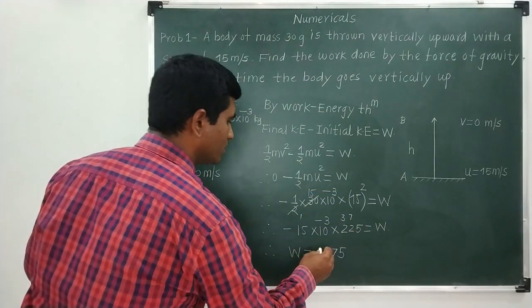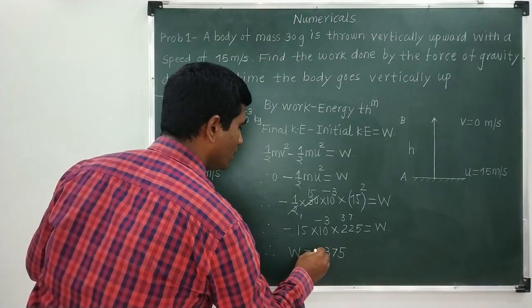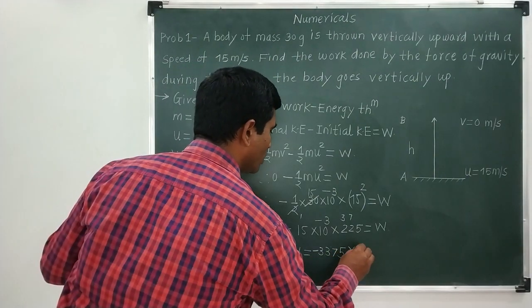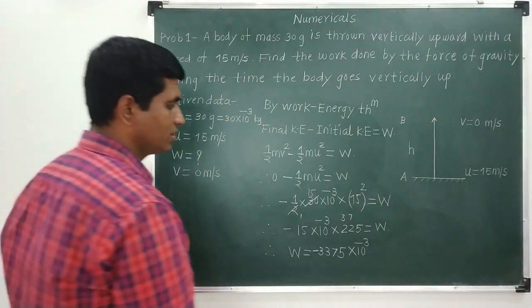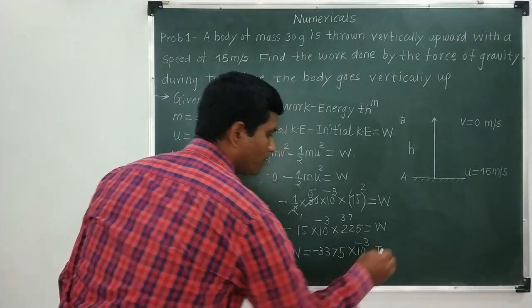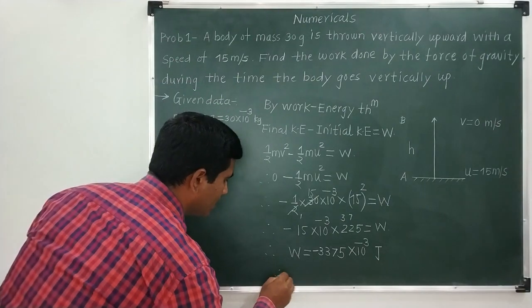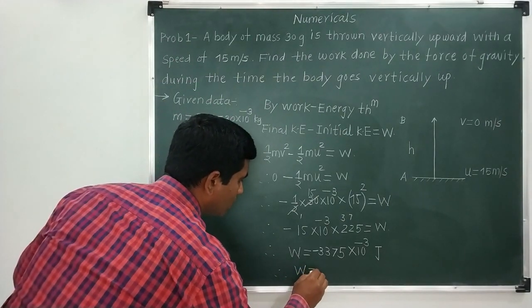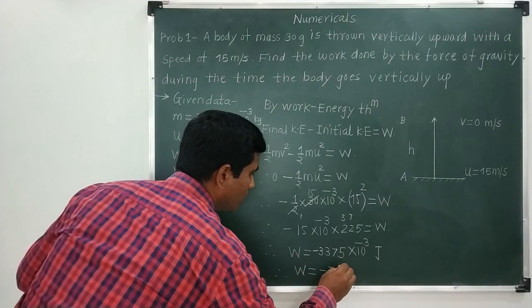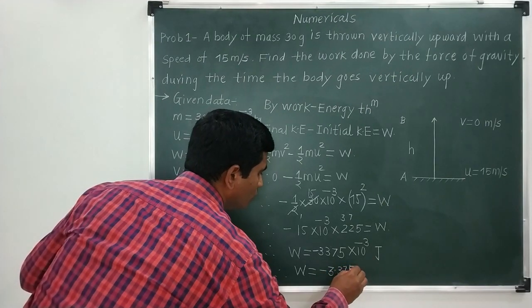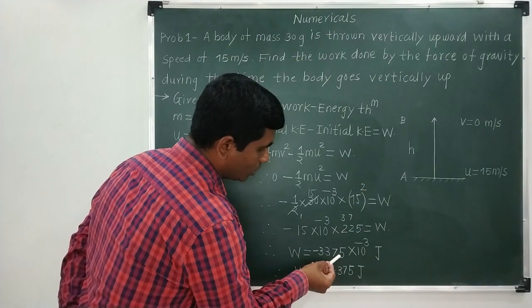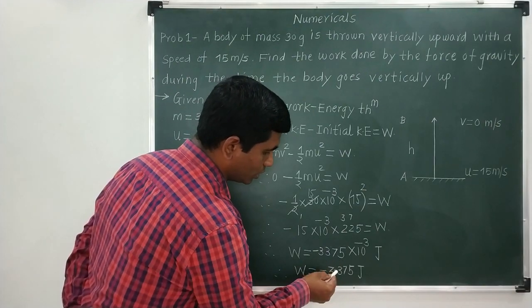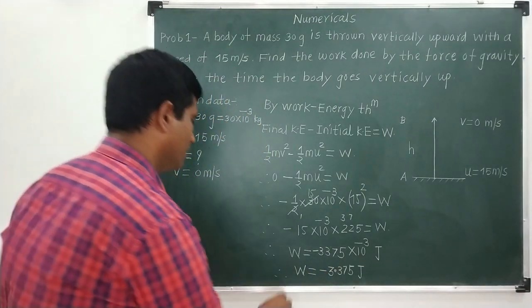15 × 2 is 30, plus 3, that is 3. This will be minus, multiplied by 10 raised to minus 3. As we are solving our problem in the SI system, the work done is in terms of joules. So we can rewrite this finally as minus 3.375 joule, because it is 10 raised to minus 3. So I can shift the decimal point 1, 2, 3 places over here. So finally your final answer is